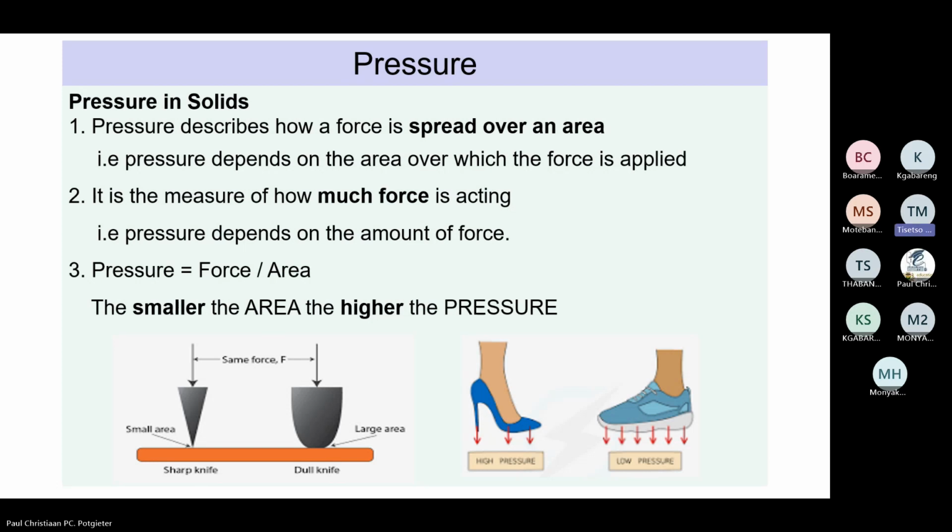It is pointed at the end, and the other one is a blunt knife. Now, a pointed knife has got more pressure. It can easily tear or cut the material that you see below in orange, whereas the blunt one will not be able to do it. Now, when we compare also